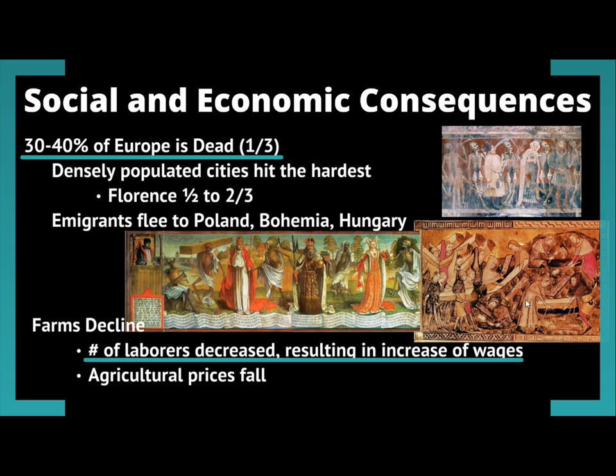Now, there's a lot of similarities that we can see throughout history with the bubonic plague and other pandemics, like the one we're living in now. For example, in cities with larger populations where people are living closer together, the disease spreads more quickly, or you see more cases of it simply because people are living closer to each other, right?